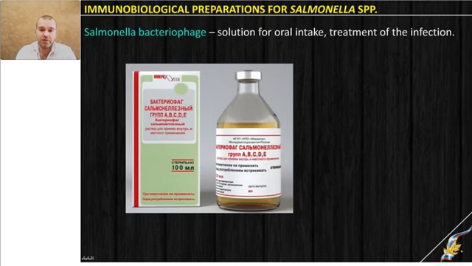If we talk about immunobiological preparations, again we have bacteriophage. It's almost the same as in any other case, but in the case of Salmonella it is important to have it, especially when kids are suffering, when antibiotics are contraindicated or the choice is very limited. We don't have officially registered international bacteriophages, but in Russia we have bacteriophage for different groups of bacteria, serogroups. It is a solution for oral intake. It is used for treatment when disease is already present, and it helps to relieve symptoms and to kill bacteria